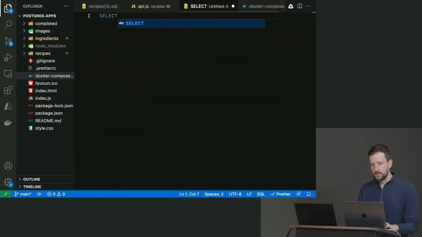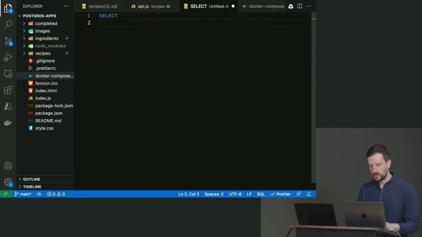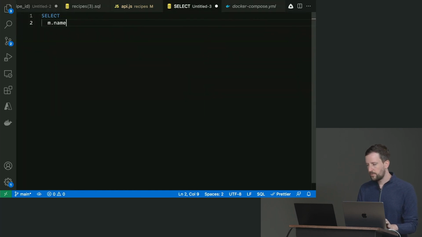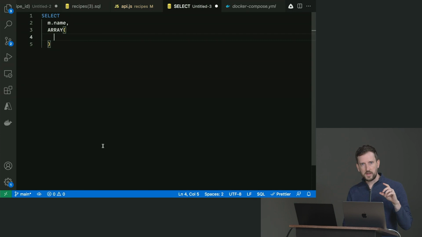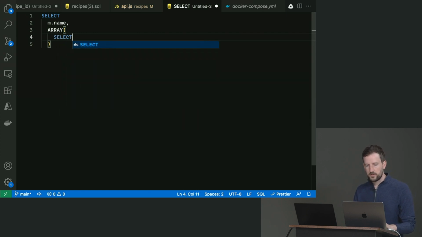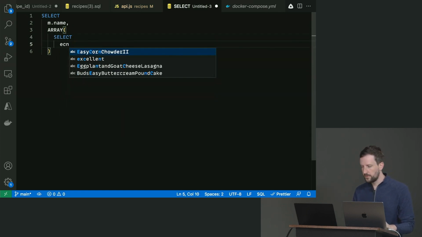So we're going to select m.name for movie name, and then we're going to make an array here. This is an array constructor from Postgres. You're going to give it a list of rows, and then it's going to turn that into a data type that it can use. So I'm going to select English category names